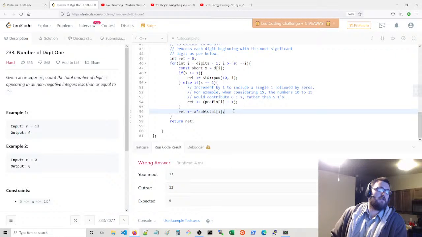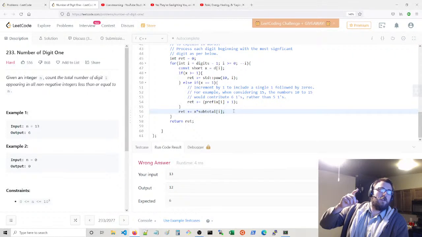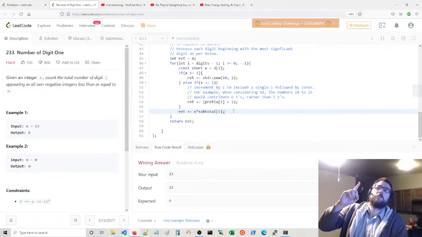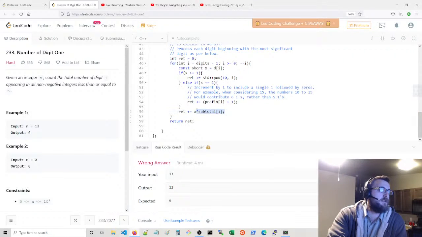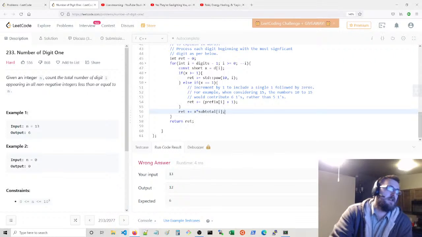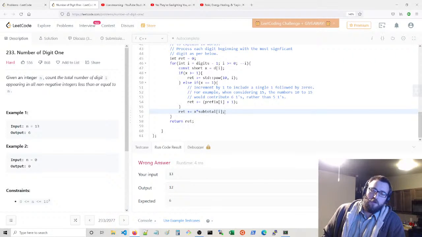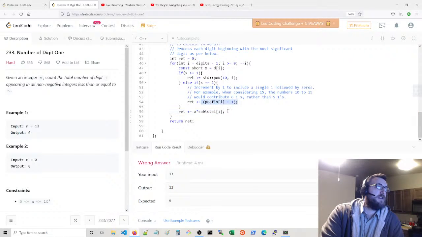Yeah, we have 10, 11, 12, 13, 14. So that gives you 4 more. So there's 1 when you process. That subtotal will give you 1 for 0 through 9. Then you're going to get 1. You're going to get 5 from the prefix. And then finally, when you process the last digit,